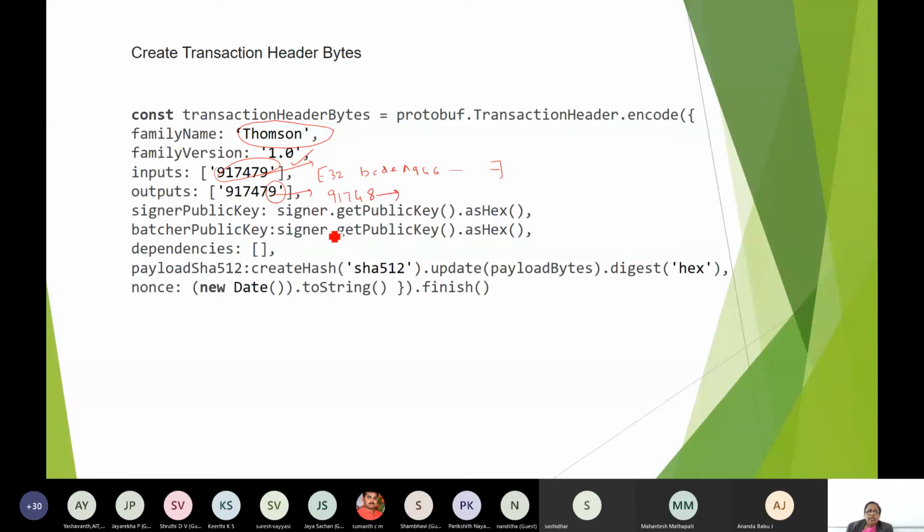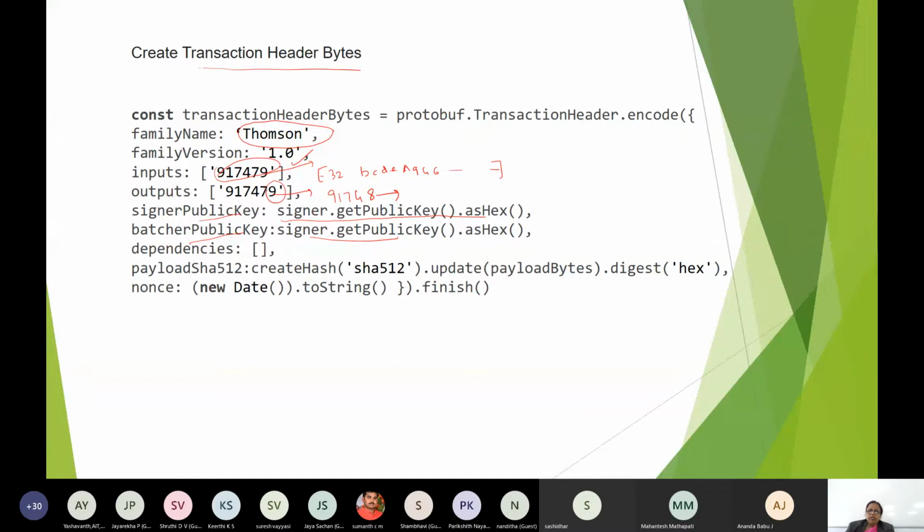Here the signer public key and batcher public key, whatever I have told in the design and deployment, even in the architecture, are the modules which you have to invoke to create these header files.